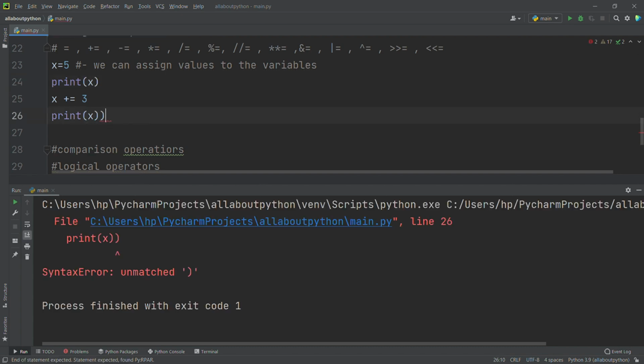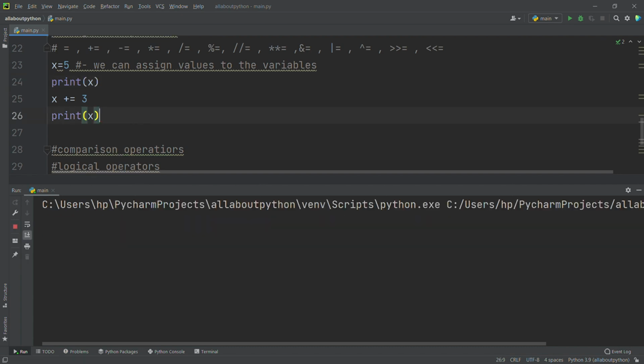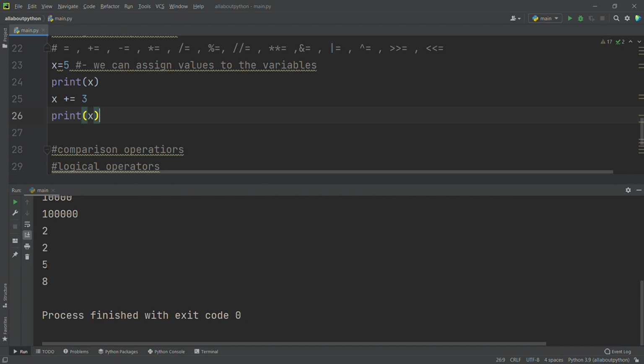Sorry for that. See here, now for the first print x it's printing 5, and the next print x is printing 8. Why is it printing 8? Here I assigned the value 5. Here I have given plus is equal to 3. What is it doing here? 5 plus 3, right? 5, 6, 7 and 8. At the end it's printing 8, right?